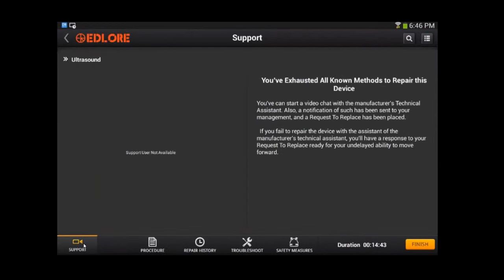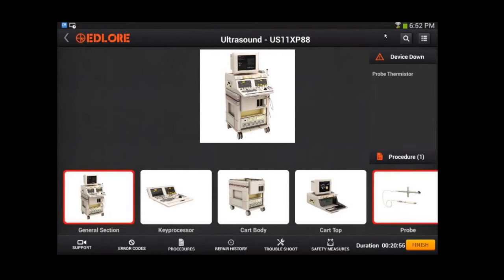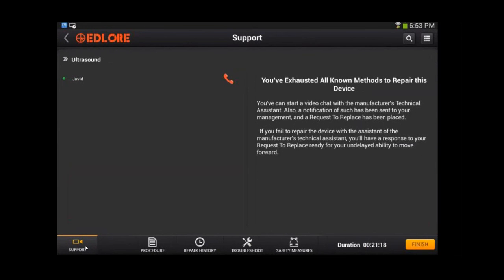Okay. So this is something Edlore has written, similar to a FaceTime. So at this point, folks, if our workforce member has not been successful with the documentation, the 3D, accessing inventory, or using the troubleshooter, all of these have not helped, then a last ditch effort is support. So this is a proprietary peer-to-peer audio video transfer, live